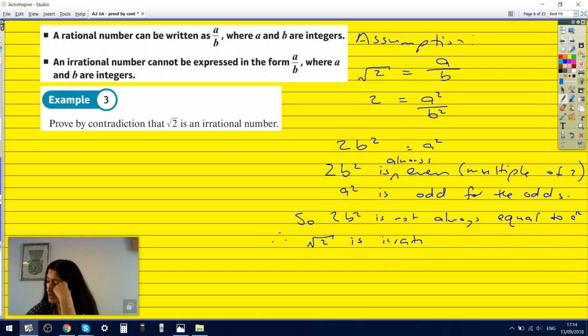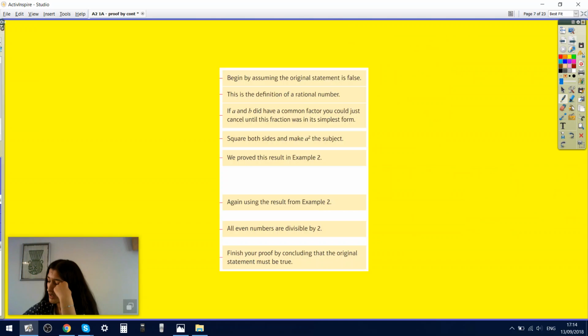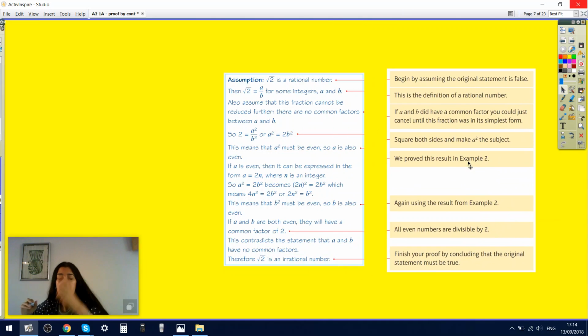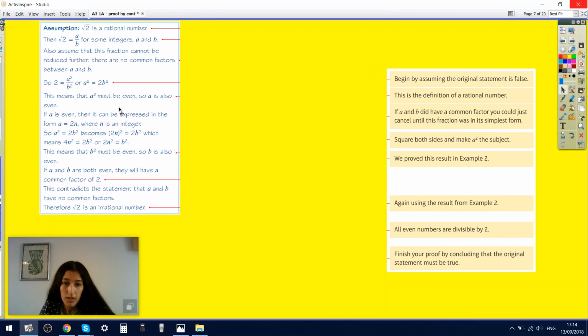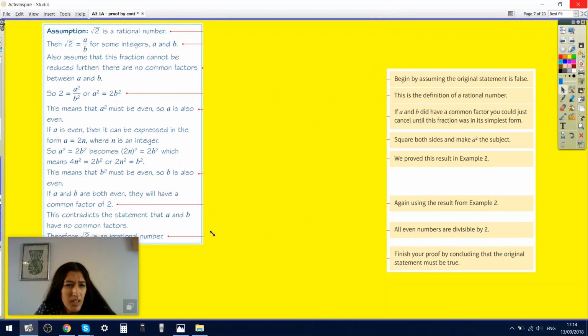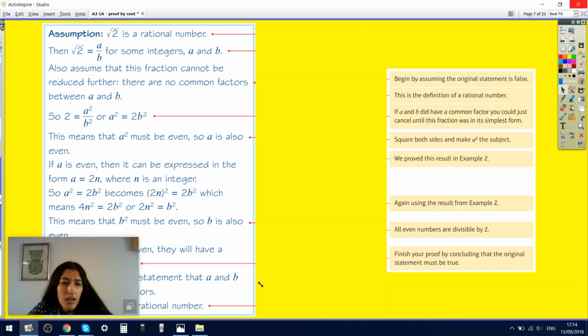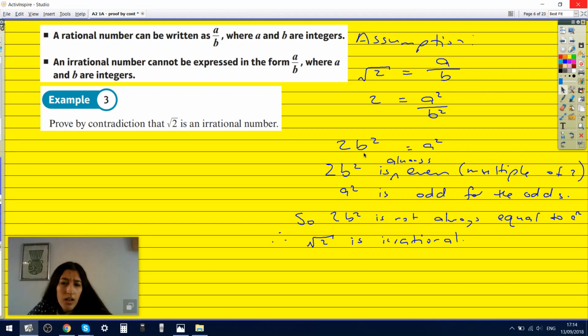That's it. I just want to see exactly how they said this. I'm sure they did it a simple way. I think it's because it's an integer. And I think as well, if you were to write it as b squared equals a squared over 2, if you have an odd number and you halve it, you get a number that isn't an integer. And we were assuming that they are integers.